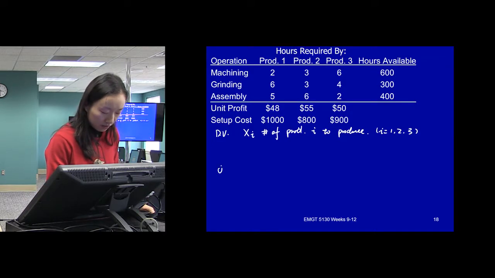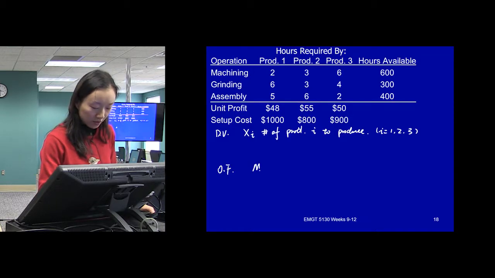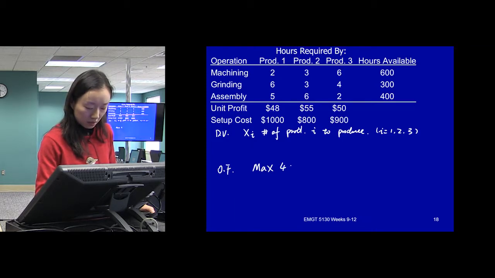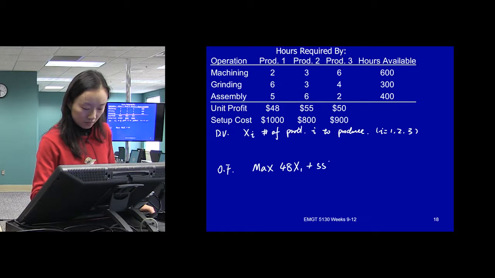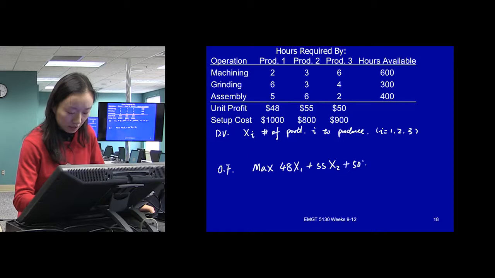And our objective function, we said we're going to maximize the total profit. And we know that from the very basic problem here. These are the total profit we can get from producing the 3 products.